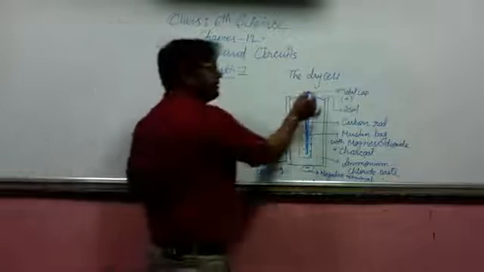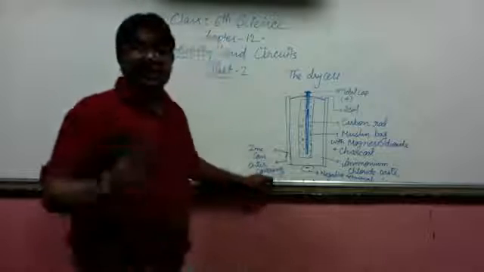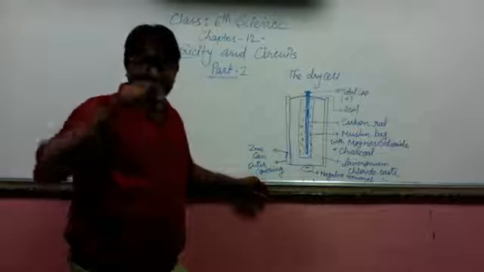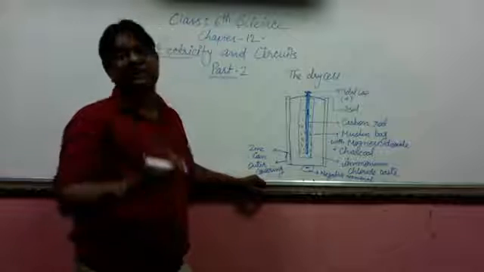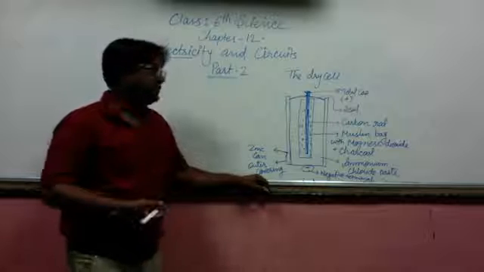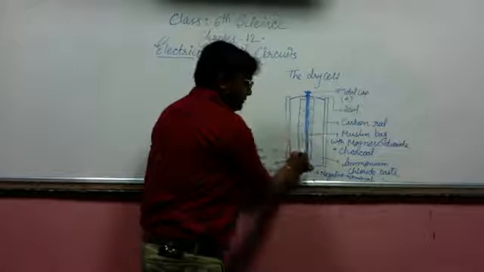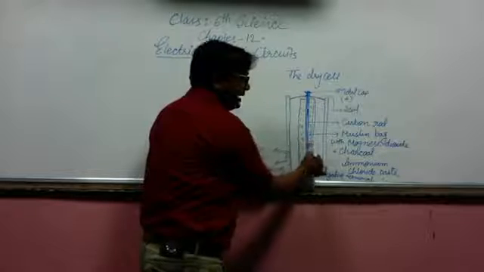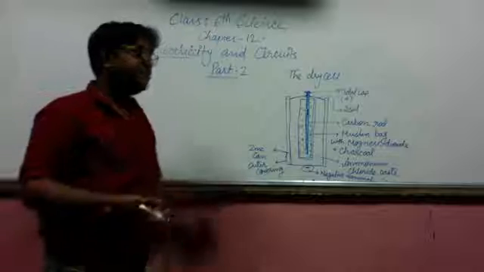The carbon rod has a metallic cap over it, made of metal. The metallic cap is fixed on it, so that it helps to conduct the electrical charges. Metals are good conductors of electricity. And this carbon rod is surrounded by the muslin bag structure, which is made of